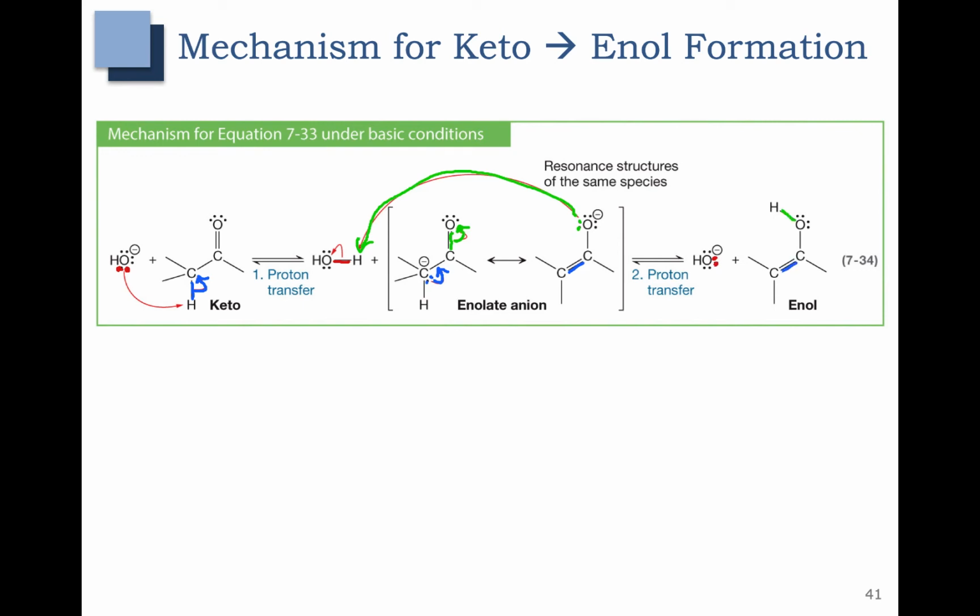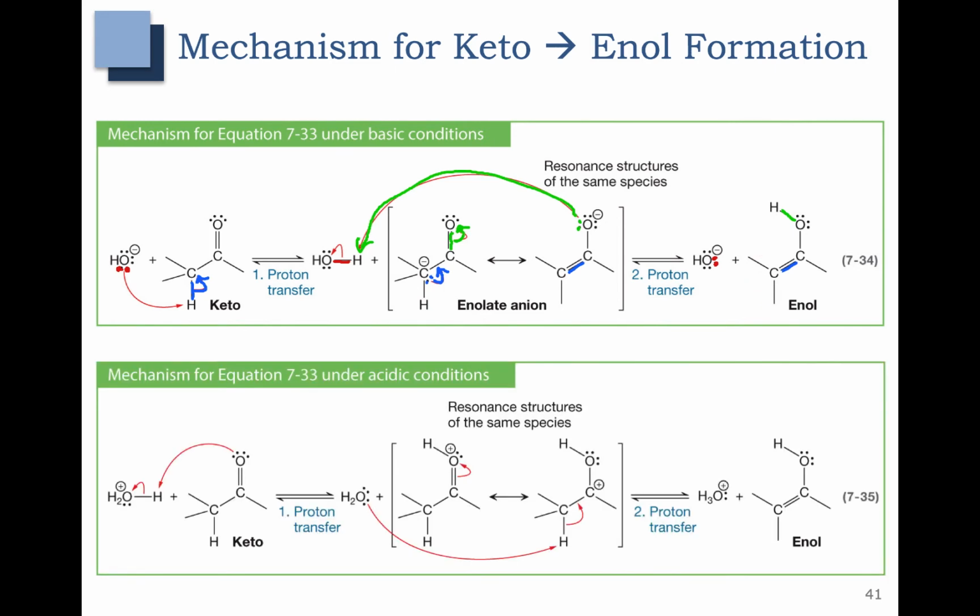So if we follow the electrons from that last step, we use that lone pair on the oxygen to form a hydrogen-oxygen bond, and that caused the hydrogen-oxygen bond on water to break and become a lone pair on hydroxide. Notice that we started off with hydroxide and reformed hydroxide, so it is considered to be a catalyst in this